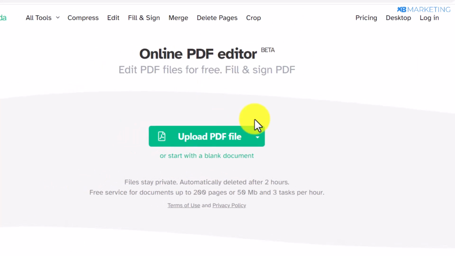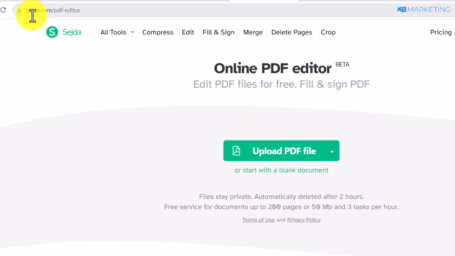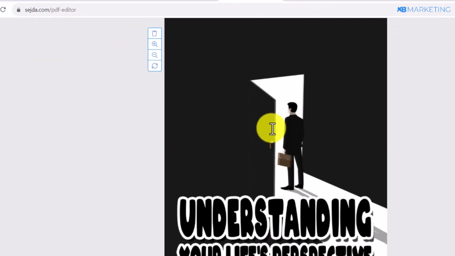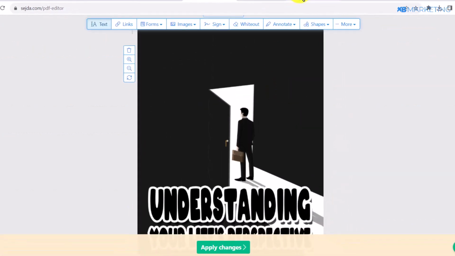So once you download the ebook, you want to come over to this website, searchda.com, to edit this ebook. And don't worry, I'm going to show you what you need to edit in this ebook. So all you need to do is to upload the ebook. So once you upload the ebook right here, the next thing you want to do is to go back to